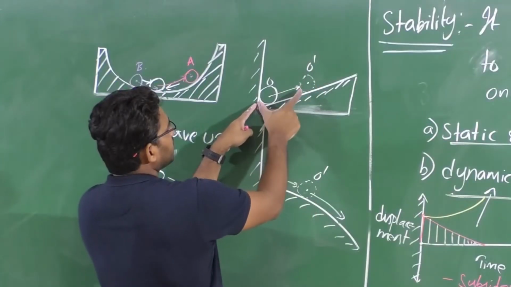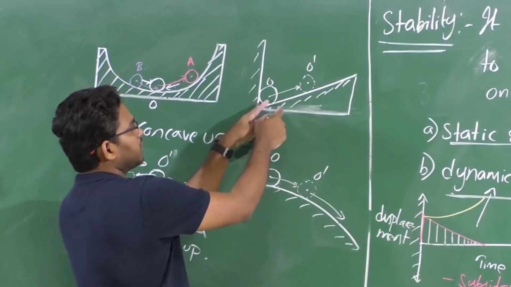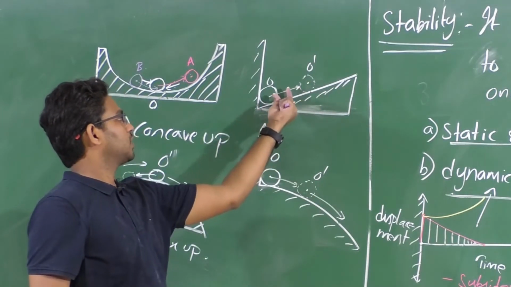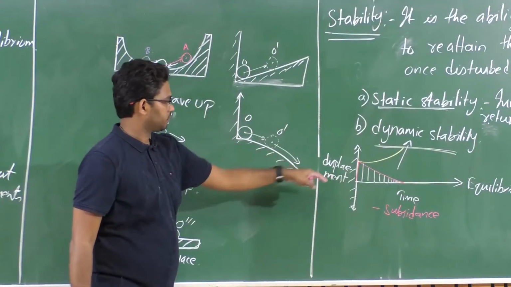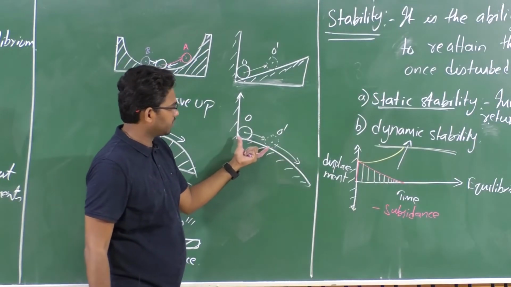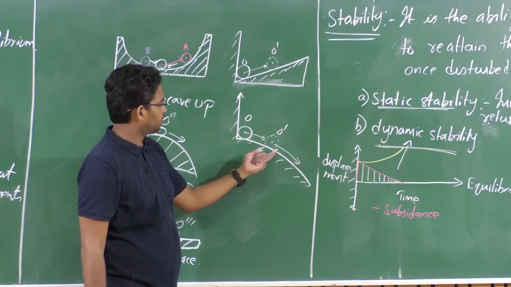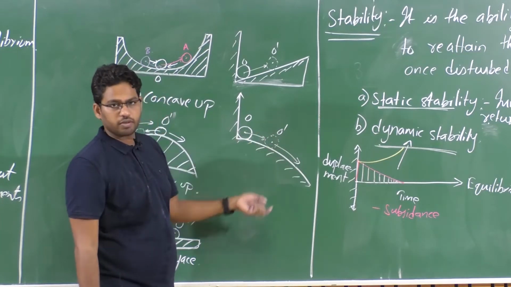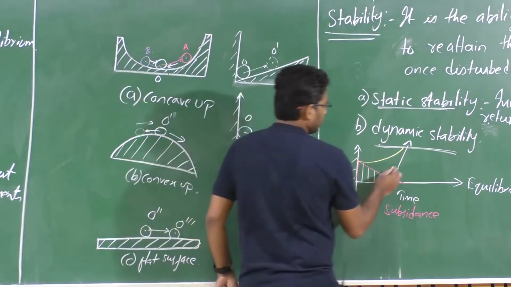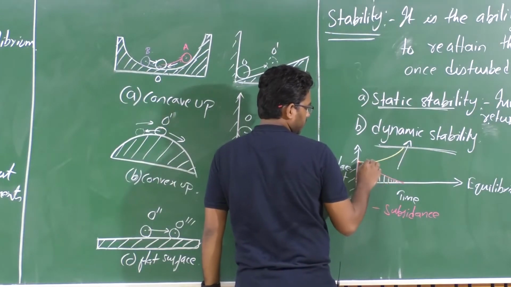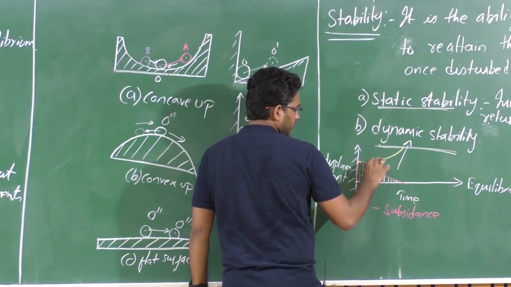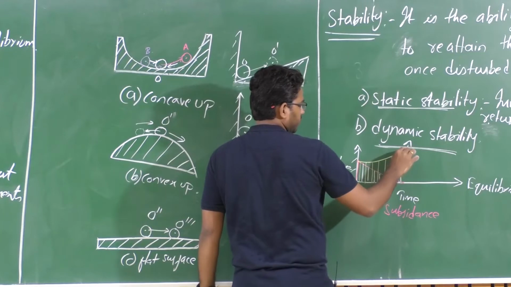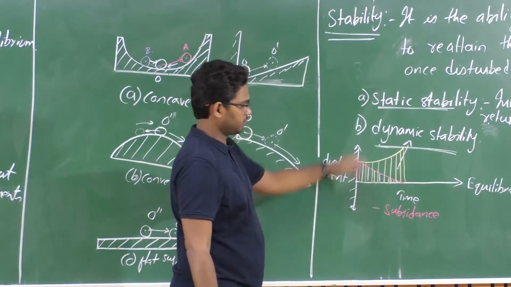So what do you mean by displacement here? It's an offset from the initial equilibrium location, right? In the earlier case, with time it is moving towards the equilibrium, which means the displacement keeps decreasing. In this case, the displacement keeps increasing. Why? Because it rolls off the surface, so the distance between O and O prime is increasing. So this particular initial displacement is nowhere reducing. In fact, as time progresses it is increasing, right?